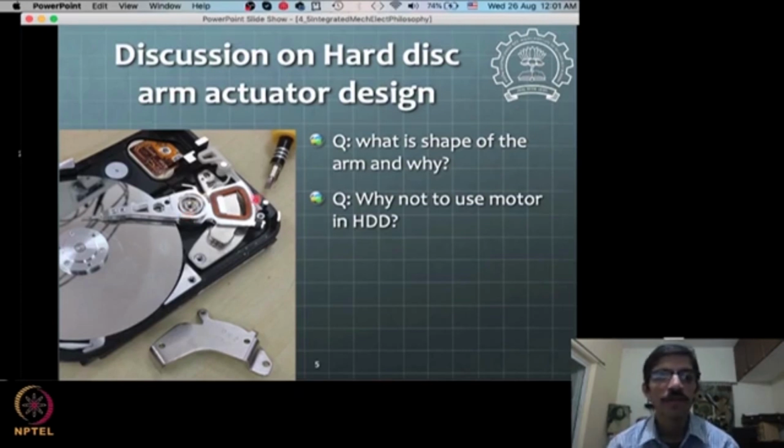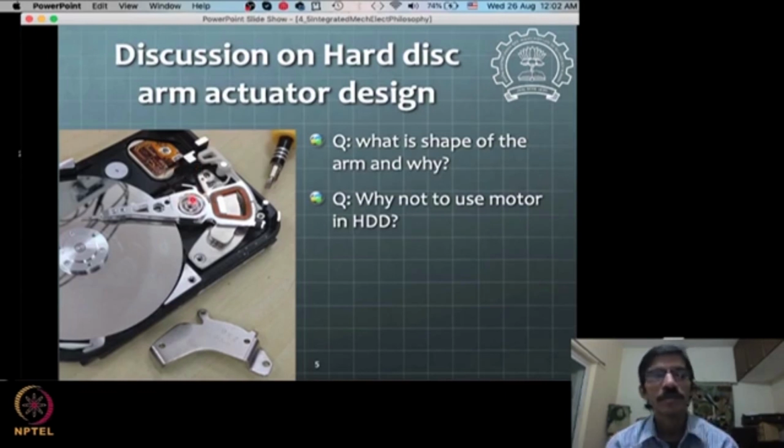So we avoid the sliding friction by not attaching a gear and motor system, and the motor system also will be bulky here. Then one can imagine, okay, why not attach a motor itself here on this joint? It will again be a direct drive for the motor. You need a bulky motor.